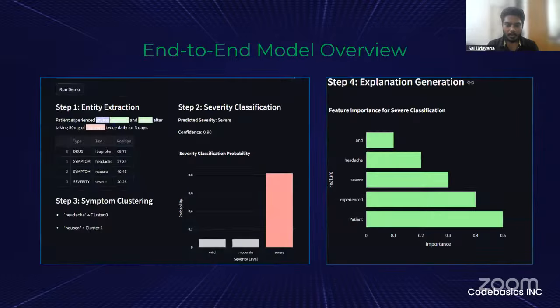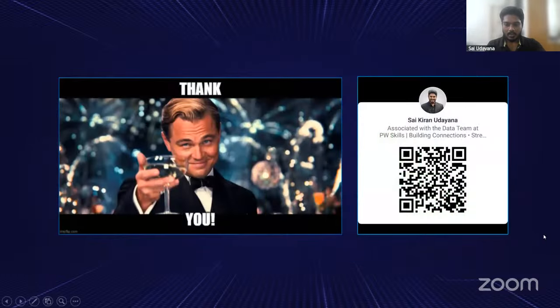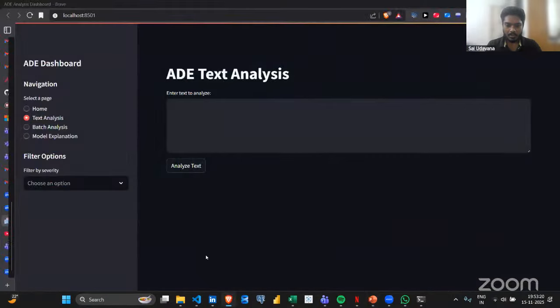This is the complete architecture, where whenever we keep a text over here, the drug and the symptoms will be noted down with the NER, and they will have the severity-based clustering, and the symptoms clustering will happen, and the prediction guidelines also will take over here. Yeah, that's it for the PPT, and let me just quickly show you the working here.